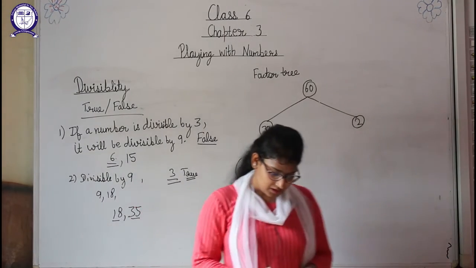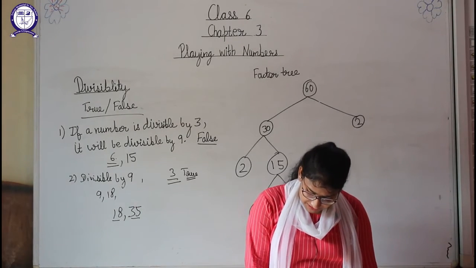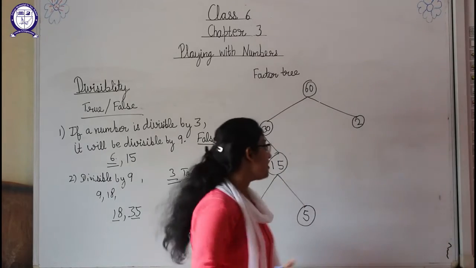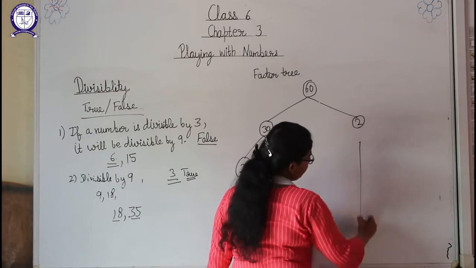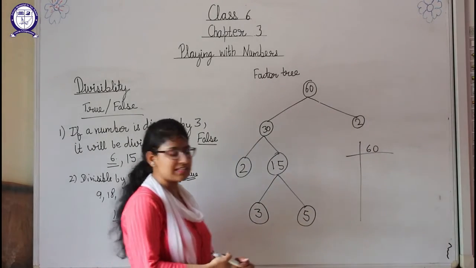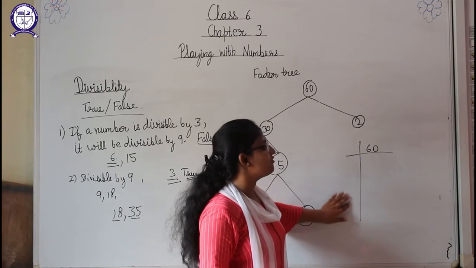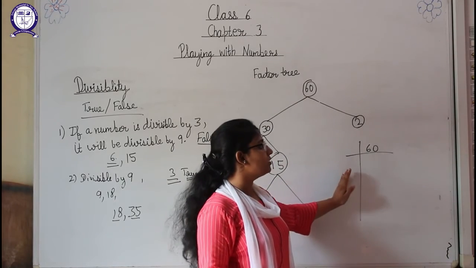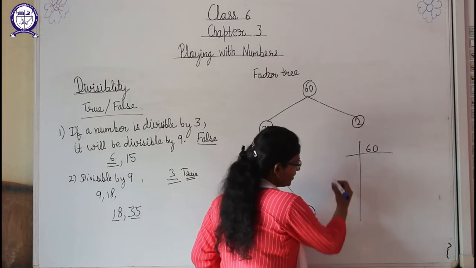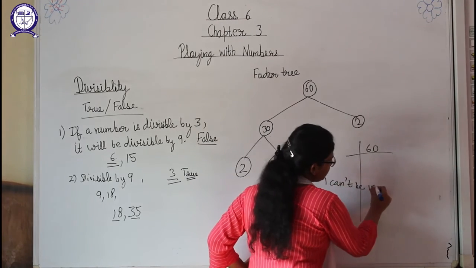Okay, now our next question is, students, which factors are not included in the prime factors of a composite number? Students, you have done like this. You find the prime factors like this. So they are asking at this place what kind of numbers are here. Which can't be included here? So first of all, 1 can't be included. 1 can't be included. Why, students?